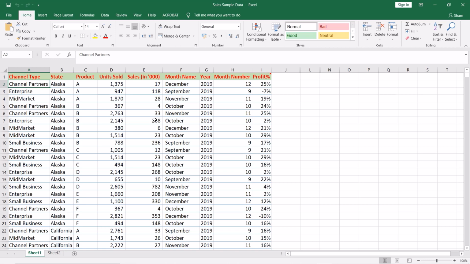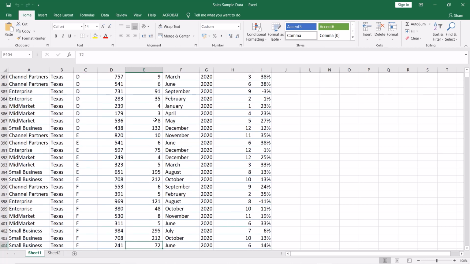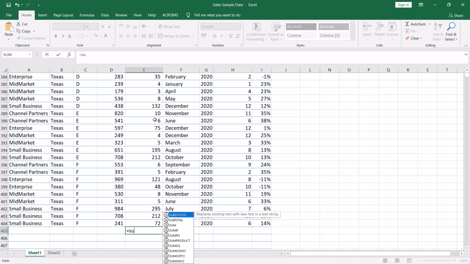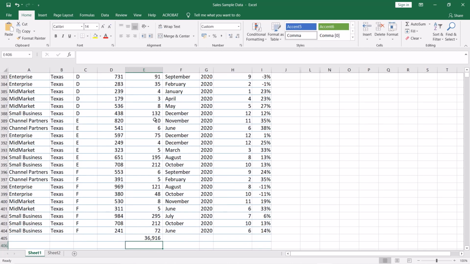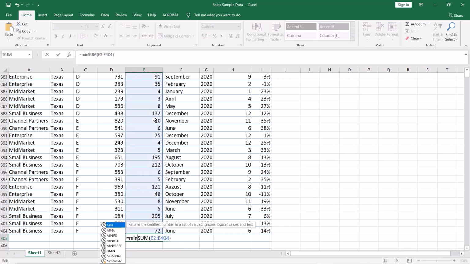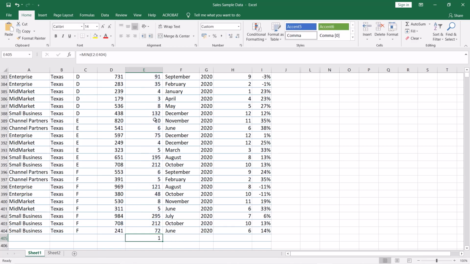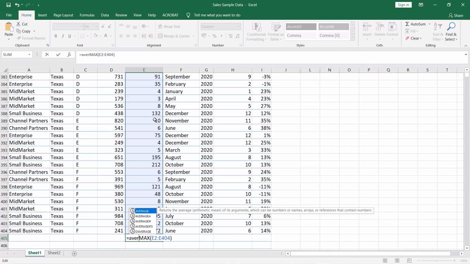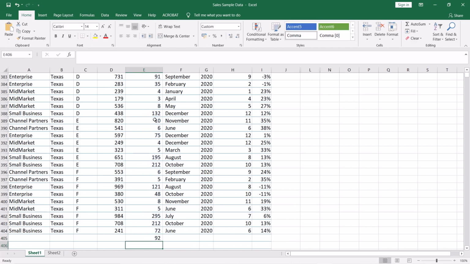Let's look at some of the important functions and formulas in Excel that may be useful in doing analysis in real life. Like we are checking SUM, and select the range, closing bracket, if you want to take the summation of a particular column. Likewise, you can use the MIN function to get the minimum value, the MAX function to get the maximum value, the AVERAGE function to get the average value.